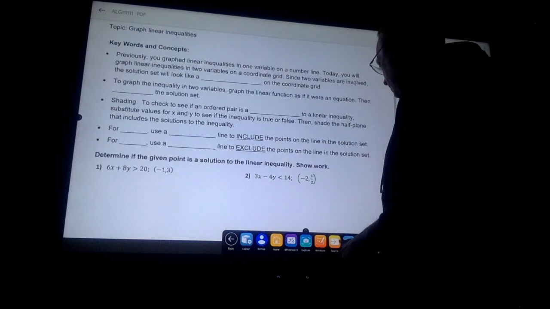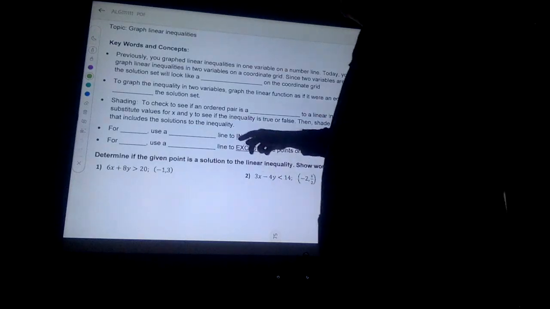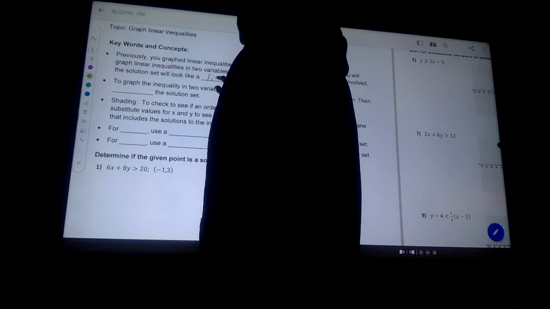All right, so this talks about, it says we've graphed linear equations in one variable on a number line, okay? Now we're going to graph linear inequalities. So an inequality is greater than, less than. So we did that on a number line, and if you recall, we shaded one way or the other. Since two variables are involved, the solution set will look like, well, in this case, it'll look like a line,